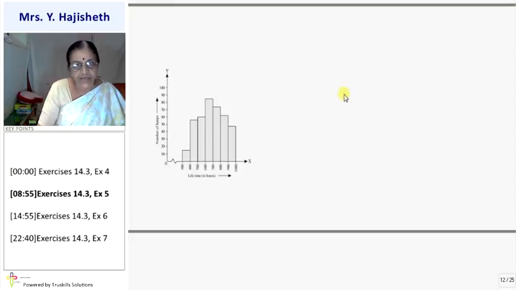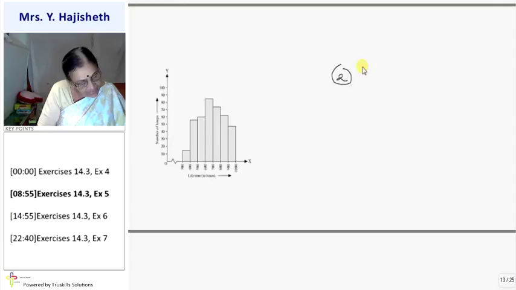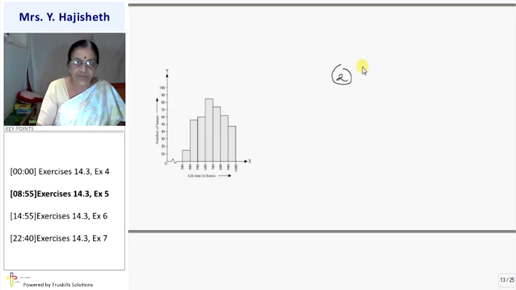Now the second question is, how many lamps have a lifetime of more than 700 hours? So from 700 to 1000, if we add the number of lamps, the frequencies, what will come? It is 74 plus 62 plus 48. So 184 lamps